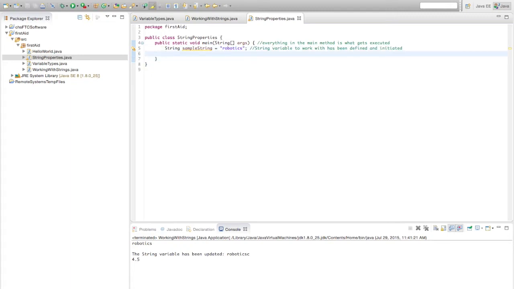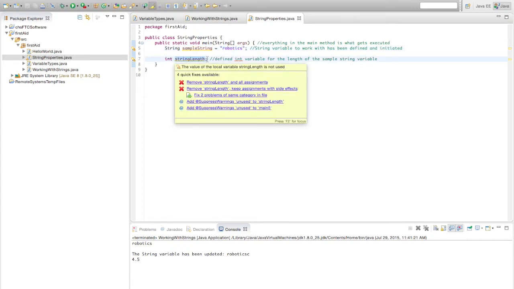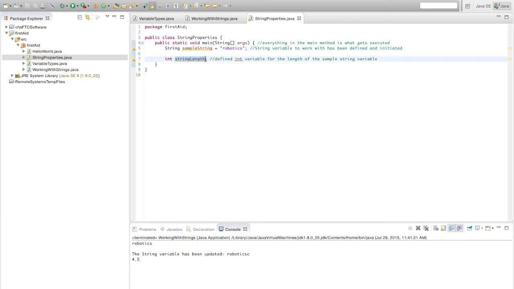So first off, we're going to be finding the length, which is obviously an integer, so we can say int string length, and define an int variable for the length of the sample string variable. What this variable does is store the length, and we're going to print the length of this string by accessing this variable, which stores that data. So the line is,